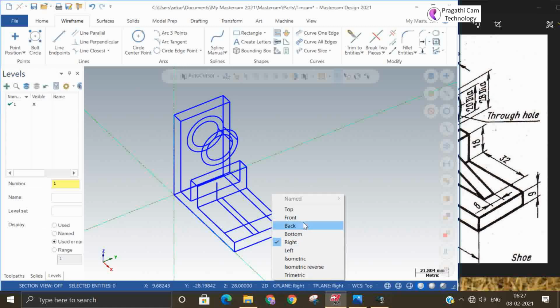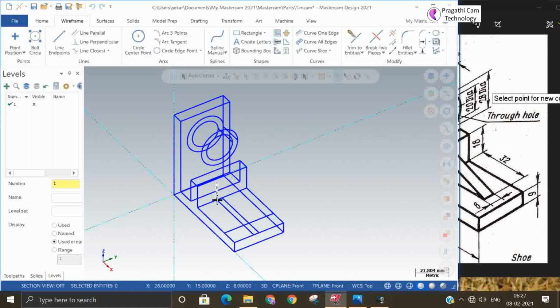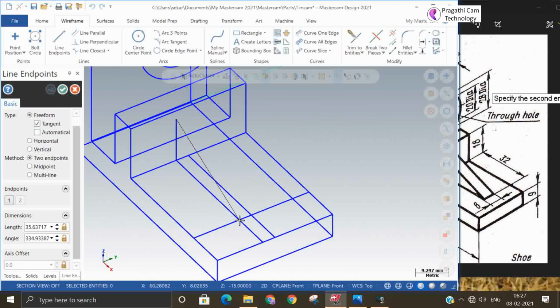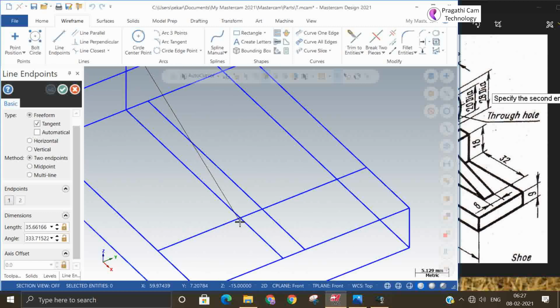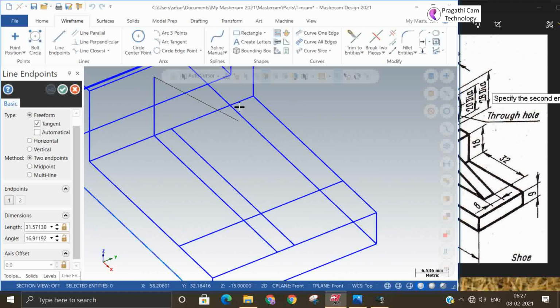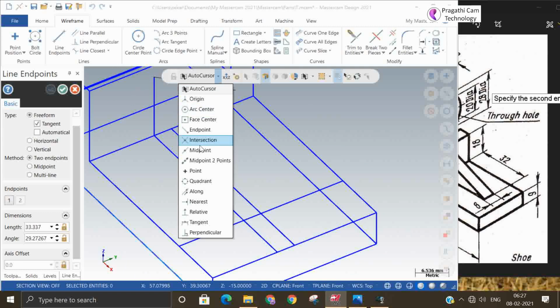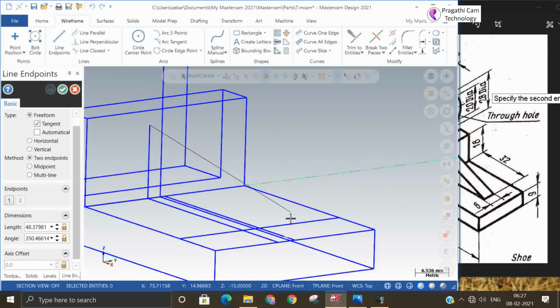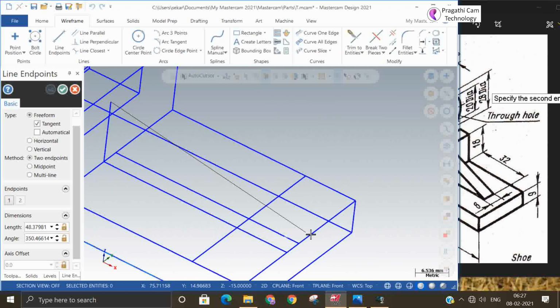Now we can connect these two lines. It will be possible only in the front view. The C plane I need to make front. Z I will keep on that place. So now I will join the line from that point to this point. But for that, okay, intersection point. It's not recognizing. Okay, it's not done.